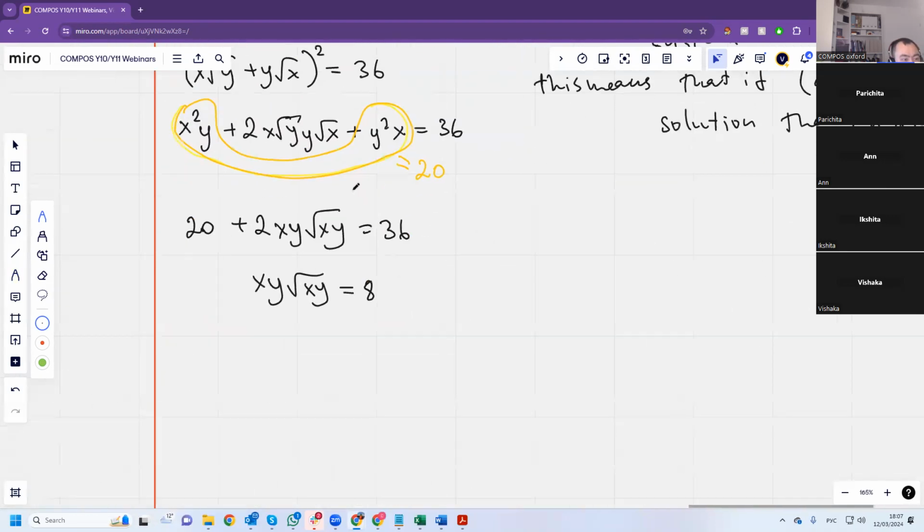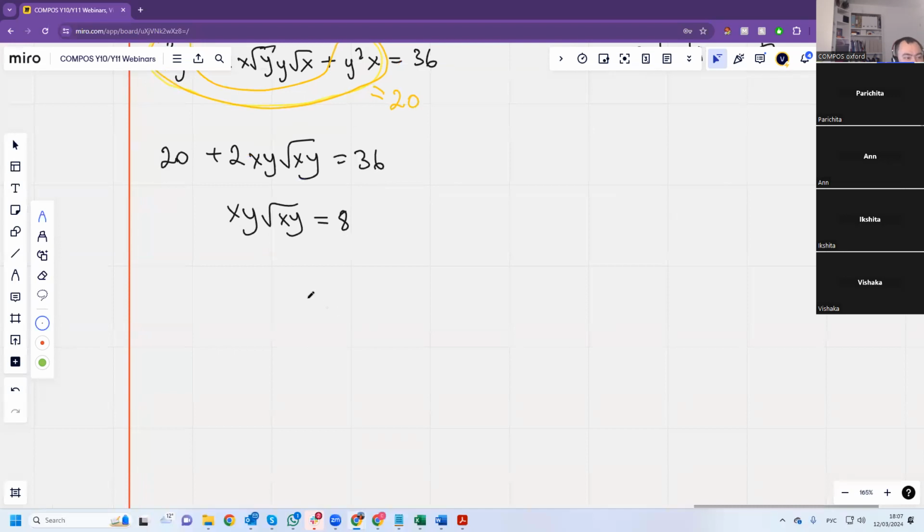So from here, what can you do? Well, you can square both sides. Yeah, you get x squared y squared xy equals 64. And then you get x cubed y cubed is 64. (xy) cubed is 64. And that means that xy is 4. Because if something cubed is 64, then